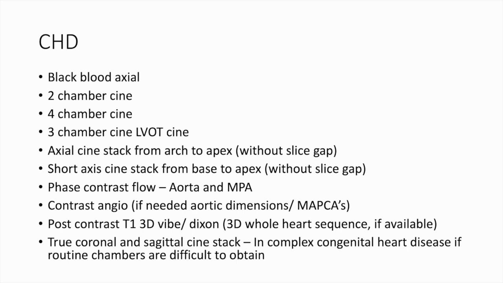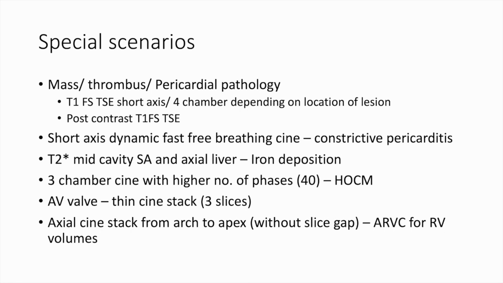If it is a complex congenital heart disease and normal routine imaging planes are not obtainable, then a true coronal and sagittal cine stack can be obtained. Certain special sequences are needed for other cardiac conditions. For example, in case of mass, thrombus, or pericardial pathology, a T1 and T2 double inversion TSE sequence in short axis or 4-chamber, depending on the location of the lesion, can be obtained along with a post-contrast T1 FATSAT TSE